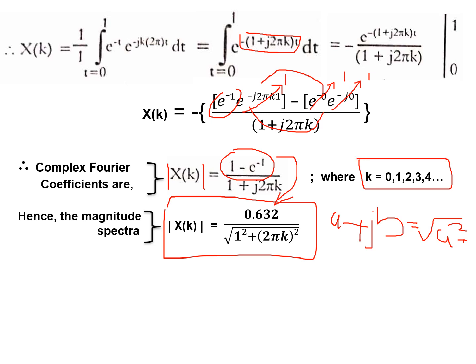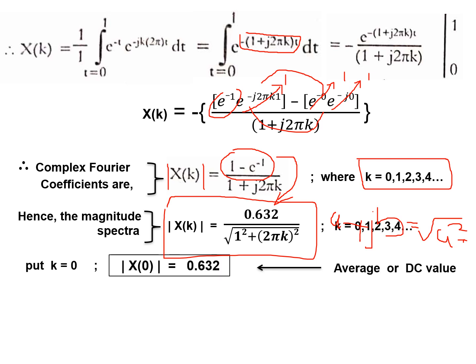So you can substitute the value of k and find the value of that coefficient. That is, if I put the value of k equal to 0, I'll get X at 0. That is the DC value. What is the DC value of the signal? That is the average value of the signal. By putting k equal to 0, I have to find it out. Then I should go on putting the values for k as 1, 2, 3, 4, etc. up to infinity. I'll get all other Fourier coefficients. That's what I'm doing now in the next few steps.